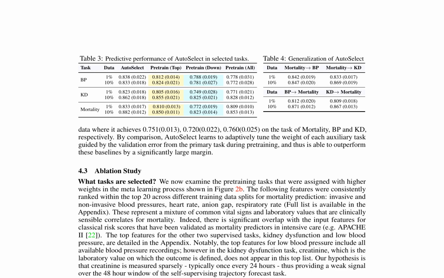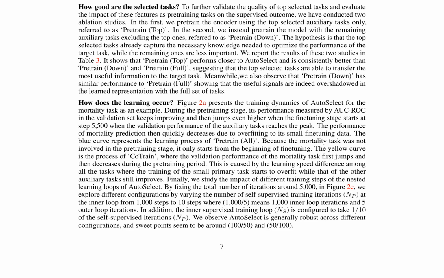random task selection. An ablation study is conducted to examine the quality of the selected tasks and their impact on the target task. The results indicate that the top selected tasks capture the most useful information for the target task, while the remaining tasks provide weaker signals. The authors also analyze the learning dynamics of auto-select, showing that the performance of the target task improves significantly during